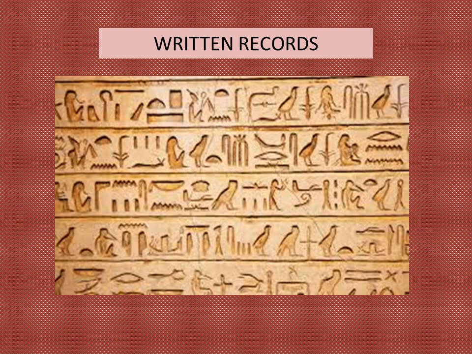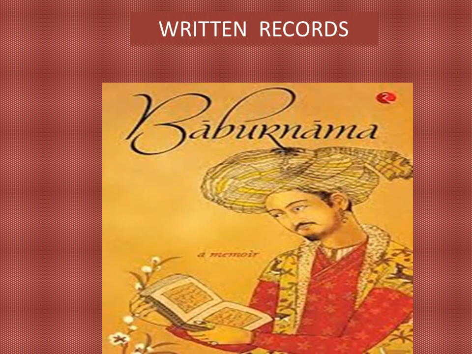Now written records are of different types. Sometimes a king or someone else in his court, court meaning the people around the king, wrote about his rule, about the procedure of the rule that was prevailing at that time in that kingdom. How the ruler ruled his country was written by the people of his court. Now two examples are given here. Let us discuss that one first.